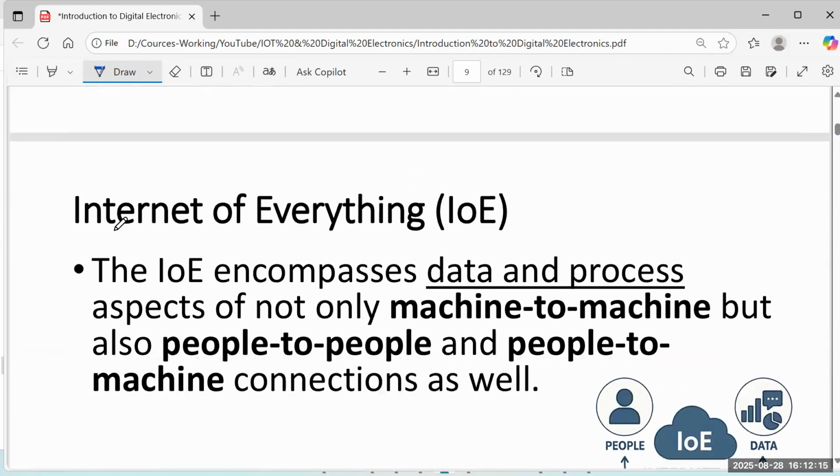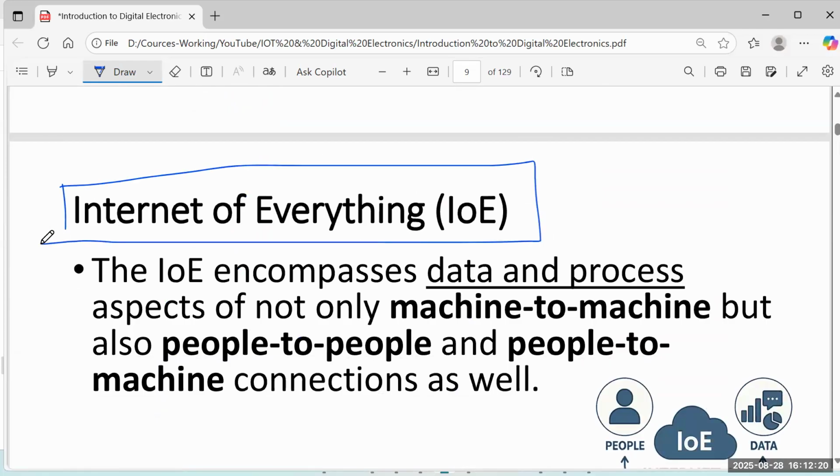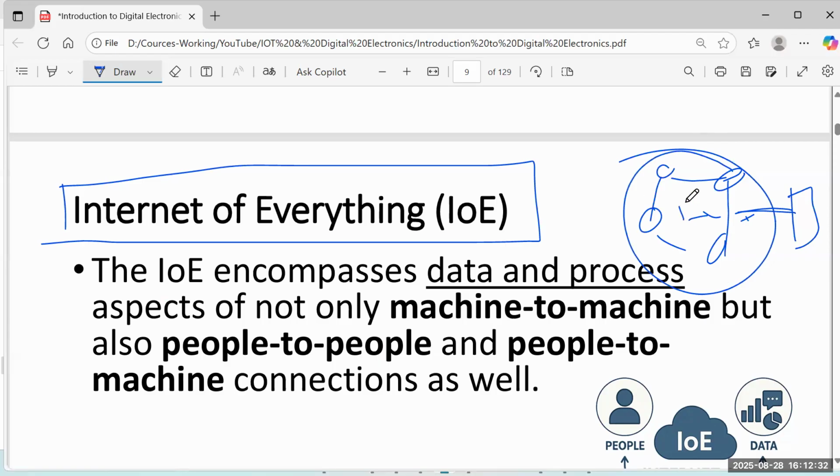So now we talk about another concept called Internet of Everything, IoE. Remember, Internet of Things is things communicating with each other and connecting to central systems through networking, internet, and so on, so that they can collaborate. So that is Internet of Things. And of course, these things may include even computers, computer networks. But now we talk about Internet of Everything. So that means we include